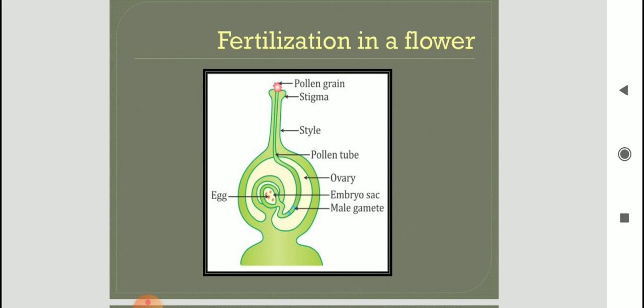So you have to remember this in sequence. Pollen grain settles, sits over the stigma. After a few days a pollen tube develops. Inside the pollen tube the two male nuclei are present, they are the male gametes. This tube increases in size and it carries the male gametes inside it. So the tube passes through the stigma, style, ovary, and through an opening it enters into the ovule. Okay, then inside there is egg cell present. One of the nuclei fuses with the egg cell and fertilization takes place.